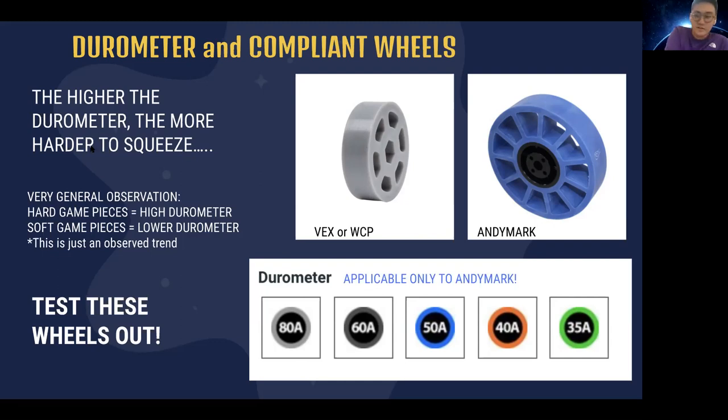So I have a wheel here. This wheel was actually really popular in the Deep Space year for FRC. How hard it is to squeeze this wheel, that's the durometer. General observation over my 9 years of experience: hard game pieces equals